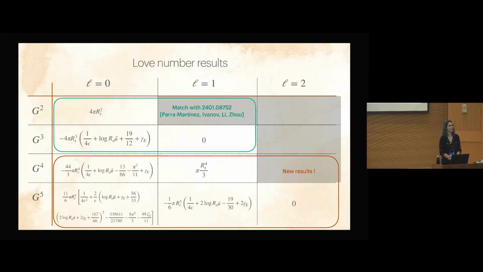Maybe I'll also ask, if you go to higher orders, is the bottleneck on the EFT side or on the black hole perturbation series side? If you go to even higher orders, can you in principle keep going on forever on either side, or is there some bottleneck? There's no, I mean, my laptop is not like my ability to write a book. But no, there's no bottleneck, you can go to any G.